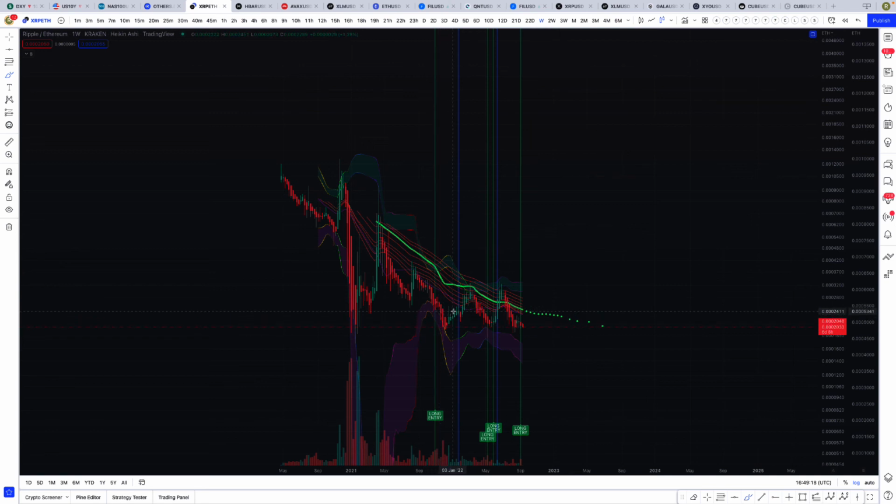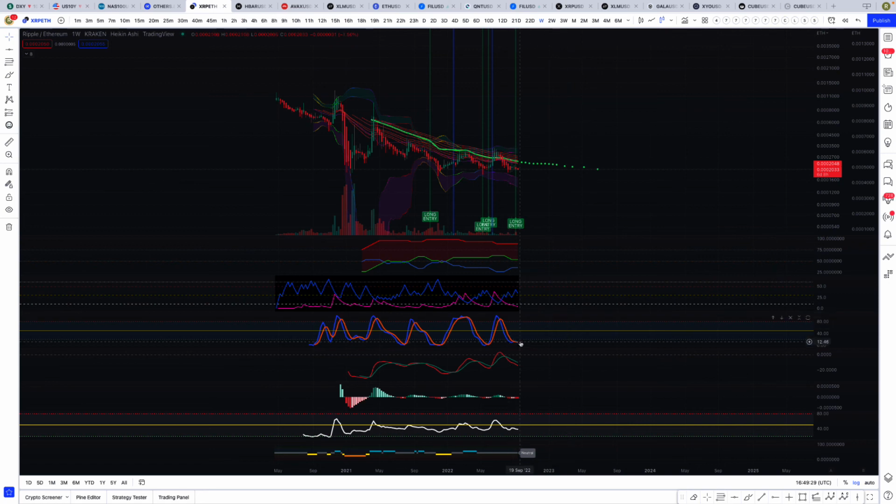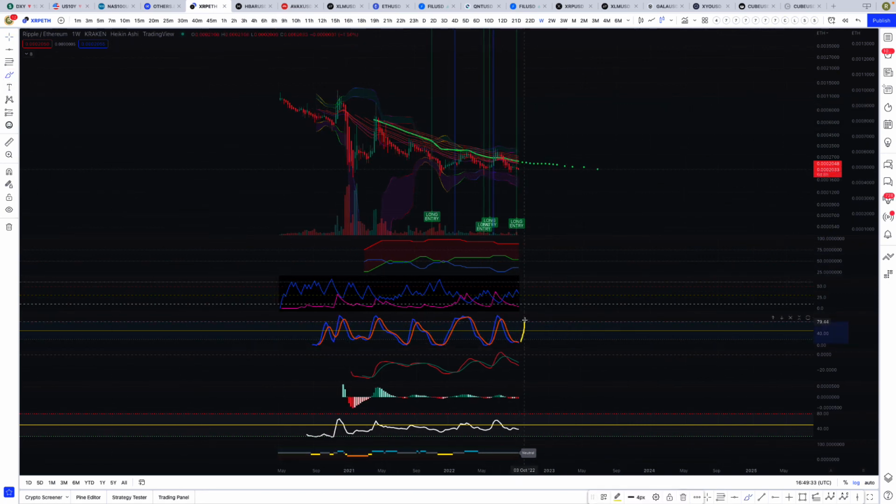Last time we got a long entry, and then the 1 week buy now, we went up. Long entry, 1 week buy now, went up. We have a long entry right here. We're waiting for the 1 week buy now, then we're going to go up. So let's check these bottom indicators. As soon as the stock RSI crosses up here, it's game on, because every single time that happens, bam, we go up. Bam, we went up. Bam, we went up.